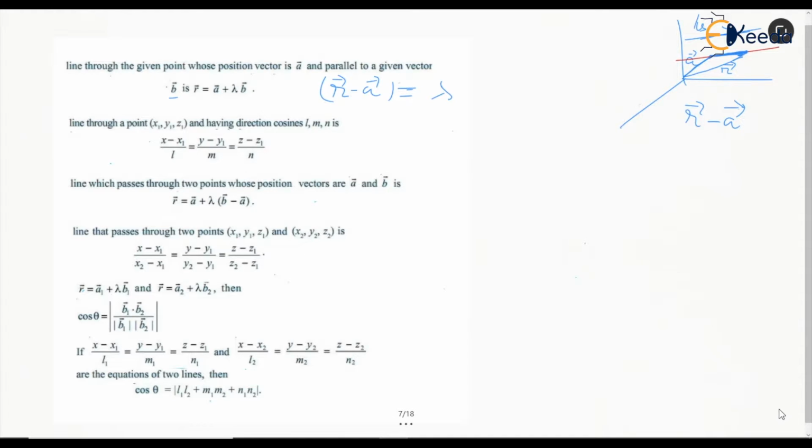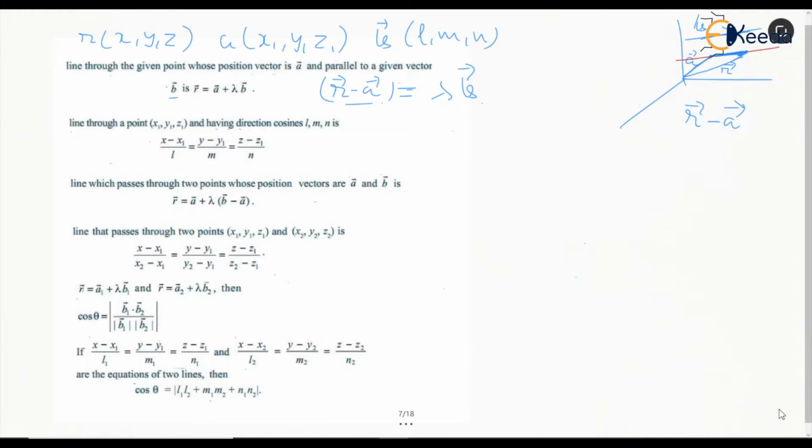So this is lambda times the B vector, right? R minus A is now parallel to the B vector. Now if we are writing this R, which is the position vector of the line we are talking about, let's say this has the components X, Y and Z. Let's say the A vector has the components X1, Y1 and Z1, and the direction ratio or cosine, both can be given. So let's say the direction ratio for the line B, to which we need the parallel line, is given by L, M, N.